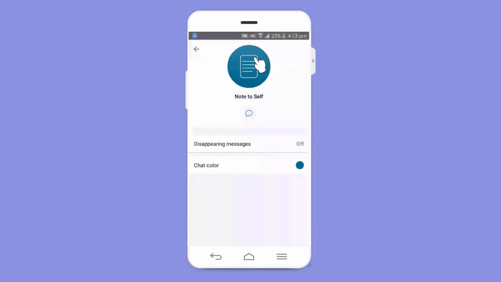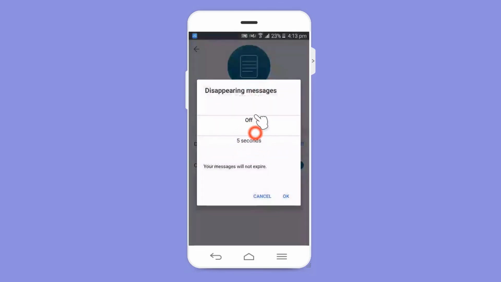And the main feature is you can add disappearing messages up to 5 seconds. In our WhatsApp, you can see the disappearing message can be enabled up to 7 days. After 7 days, only then the messages will disappear. And in this, you can see 5 seconds, 10 seconds, 30 seconds, and more are available. You can select whichever you want.